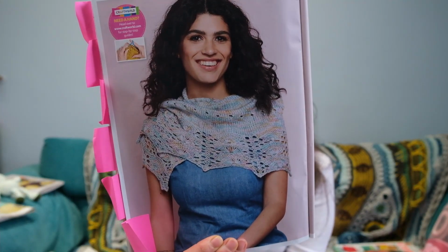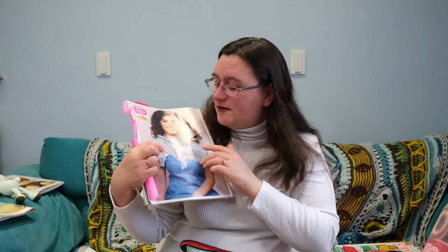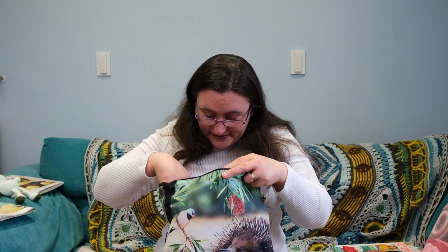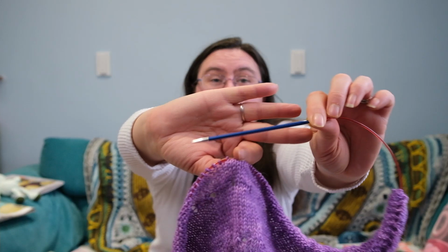And this is the one where, if you remember from last episode, I haven't done the dropped double yarn overs before, so I'm getting there. I'm getting closer. And this is it. I had to change the cord. I hadn't put a long enough cord on my interchangeable needles, so I am using my Knit Pro Zing interchangeables. These are the 4mm,